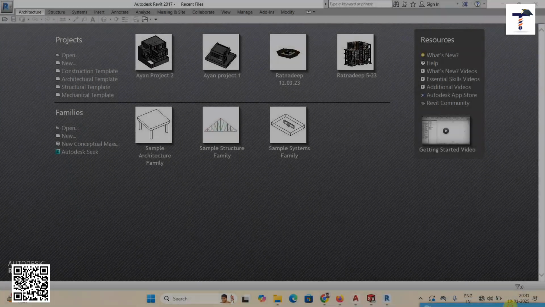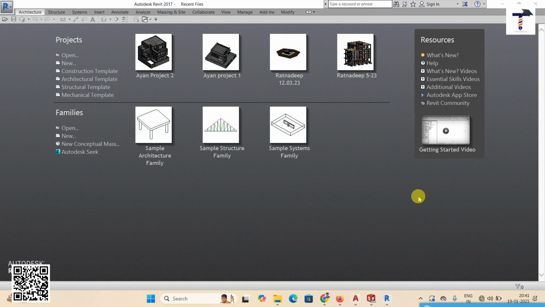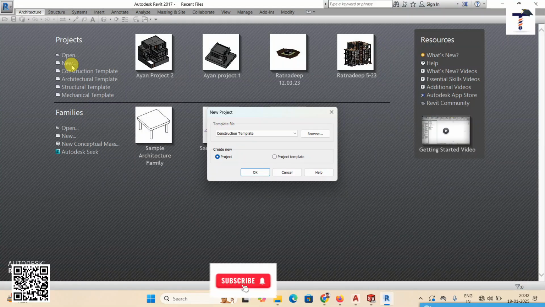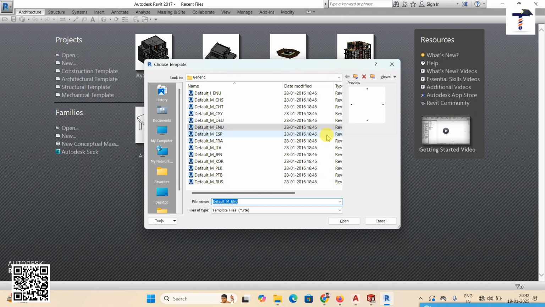We will start the Revit series of lectures from today. First we'll do the architecture part. Suppose you go to the New option, and this is the Revit environment. Then Project, New, then go to the Browse option, and select here